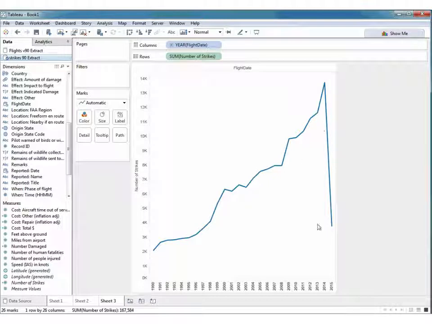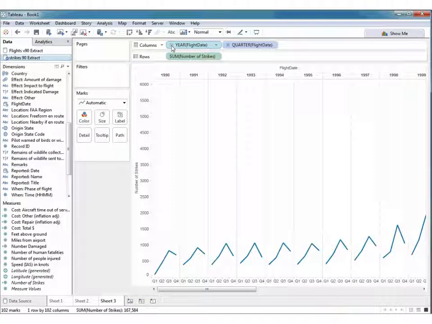Now, when you see these things visually, you form hypotheses to try and figure out what's causing that. So when I ask people in an audience why there's this big drop at the end, people typically get that it's caused by incomplete data. This is data aggregated up to the year. And you can easily confirm that by drilling down to quarter and then going down to the month level.